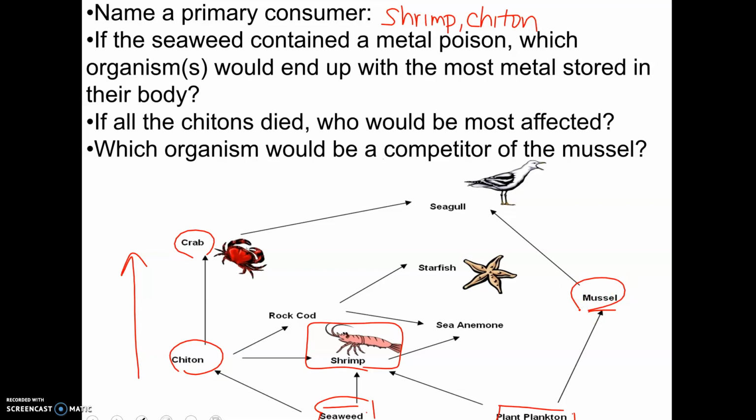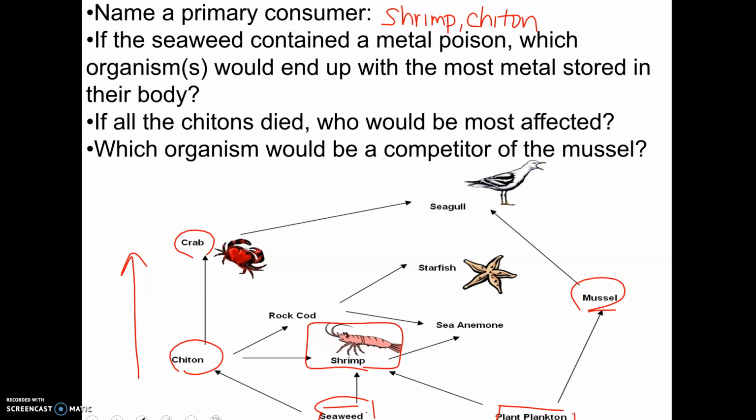If the seaweed contained a metal poison, which organisms would end up with the most metal stored in their body? So remember, the deal with metal poisons, heavy metals, is that they build up. You can't eliminate them, right? So you would originally think, oh, maybe the seaweed because it's got the direct exposure. But that's actually not going to be your answer because you're assuming that this is kind of dilute levels that are not necessarily enough to kill the seaweed or the plankton, but they're going to absorb it. And if they absorb it, it's going to become stuck in their tissues and they're not going to be able